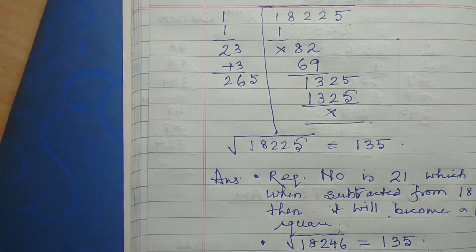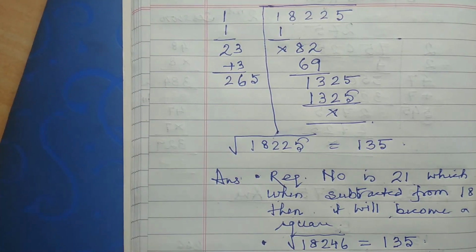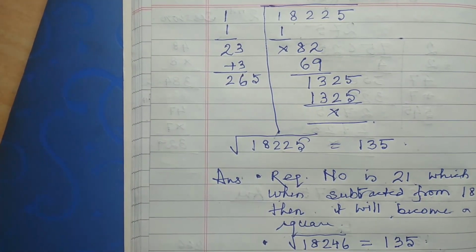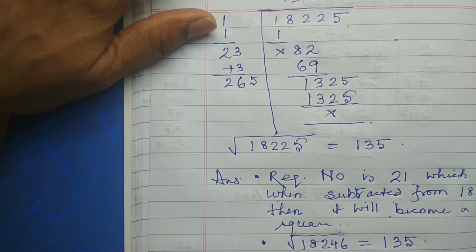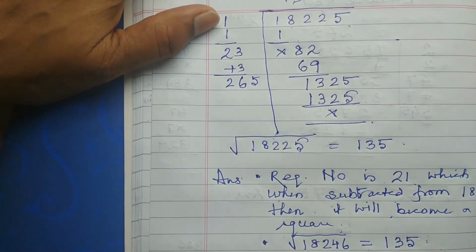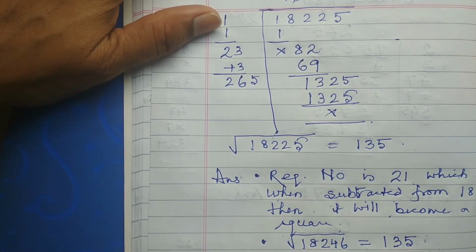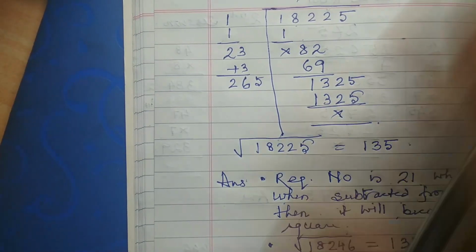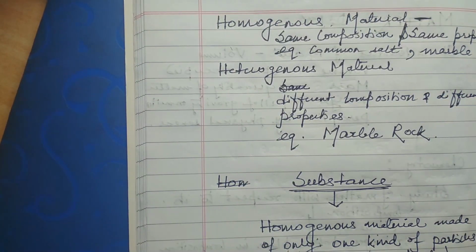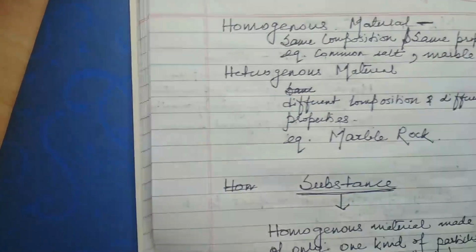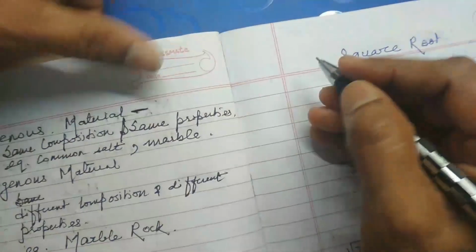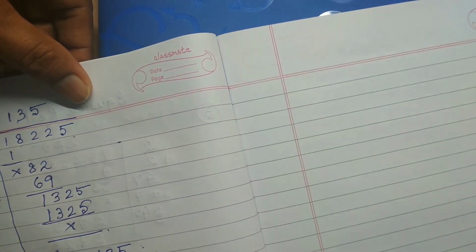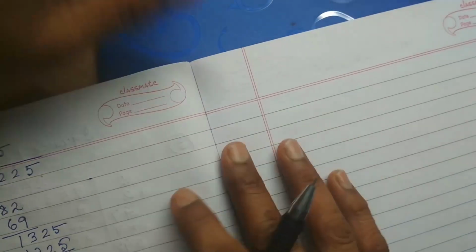Next one is, like here it is given to you what should be subtracted so that it will become a perfect square. Now next is, suppose one question is, what should be added to a given number and it will become a perfect square. This sum we have done, what should be subtracted, and next sum I will do what should be added to the number so that it will be a perfect square. Okay, so I'm doing that one.